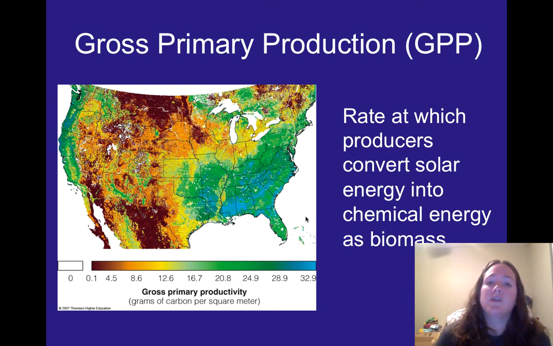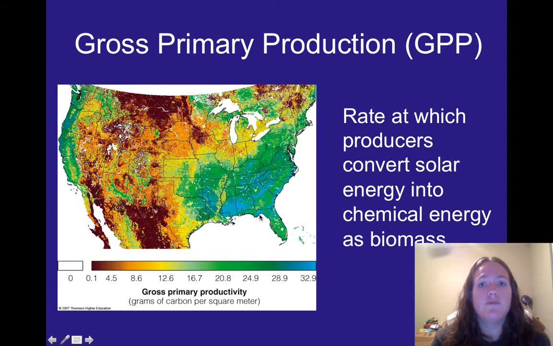sugar. If you look at the United States, here's a map of production in the United States. Blue and green areas over here, like where we are, are going to be more productive. Also in California, there's a lot of productivity. But when you head towards the middle of the United States, you see a lot of non-productive land, and this is going to be very arid, very dry. A lot of this is sort of a desert-ish place, so there's not as much productivity